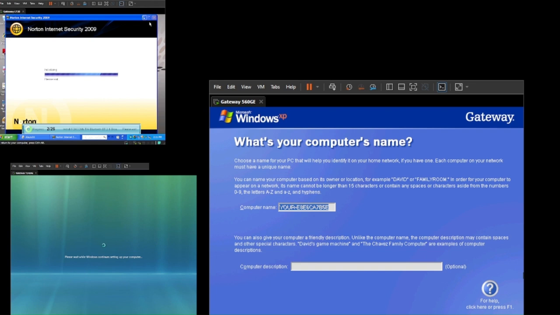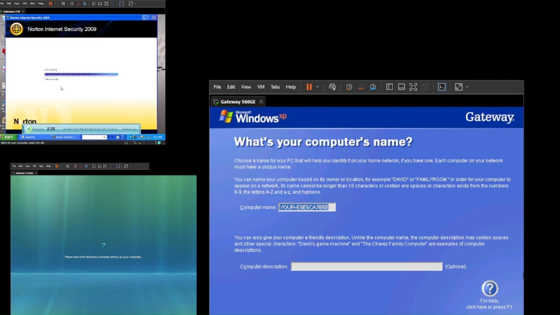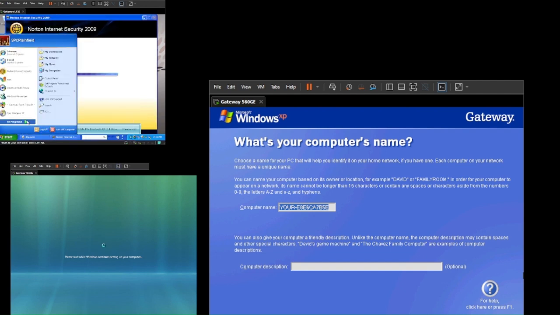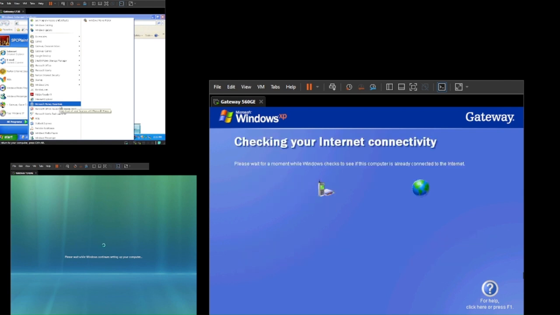Yep, Norton 2009. So that's when this computer came out, and it has all the Windows Live Essentials as well. However, it doesn't have Windows Movie Maker in the Live Essentials because Windows XP already comes with one by default. It's also got Adobe Reader 9, Money Essentials,